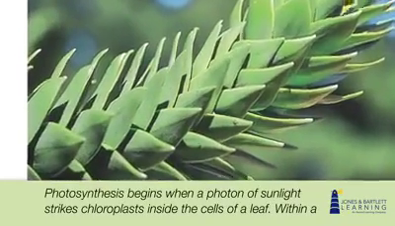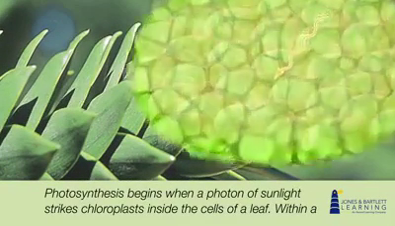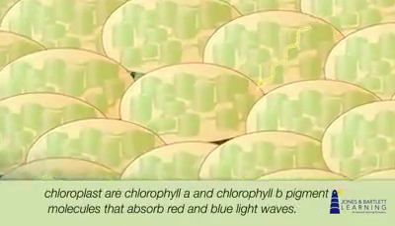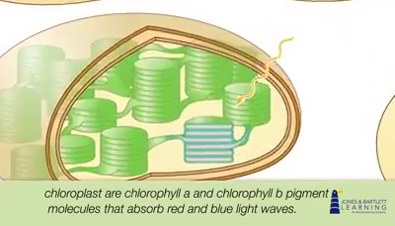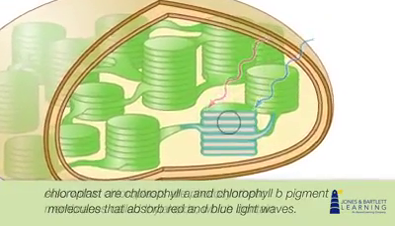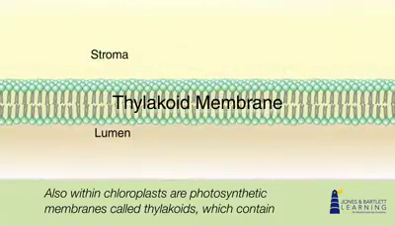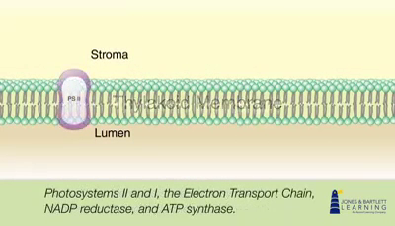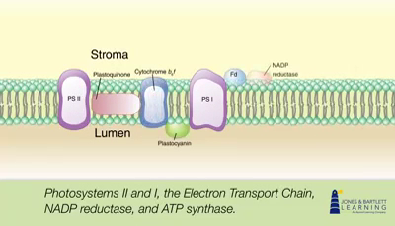Photosynthesis begins when a photon of sunlight strikes chloroplasts inside the cells of a leaf. Within a chloroplast are chlorophyll A and chlorophyll B pigment molecules that absorb red and blue light waves. Also within chloroplasts are photosynthetic membranes called thylakoids, which contain photosystems 2 and 1, the electron transport chain, NADP reductase,